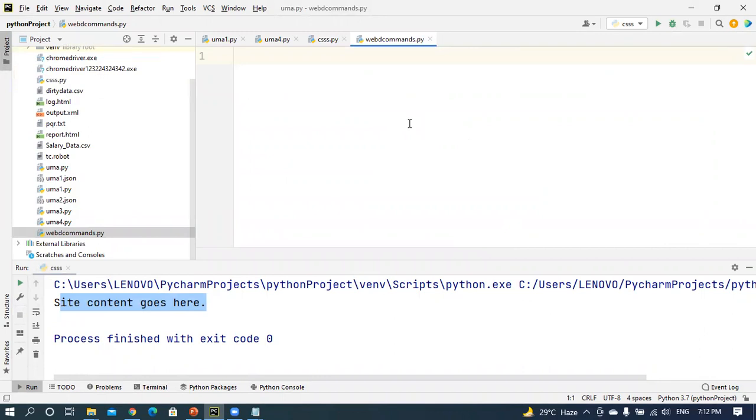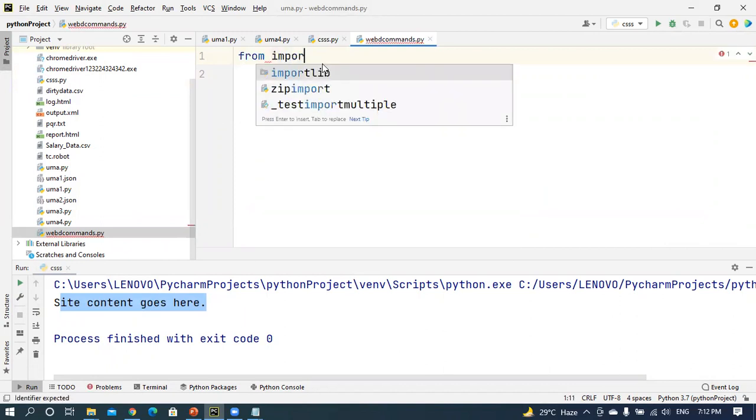In order to get the WebDriver commands, initially you have to import the WebDriver class.